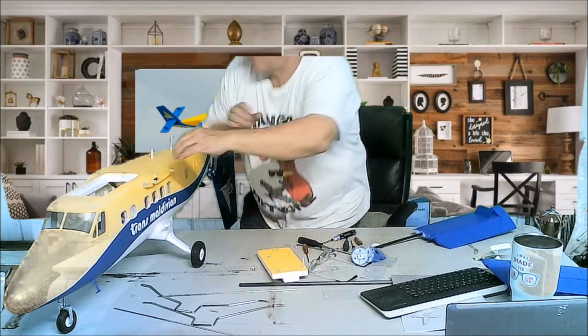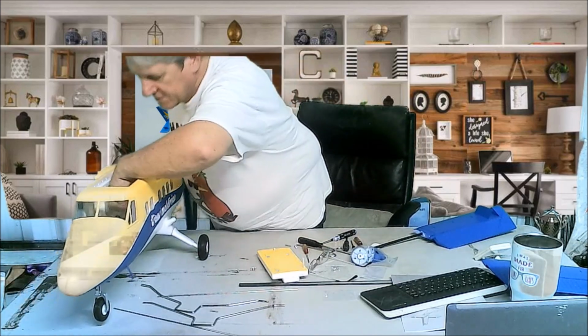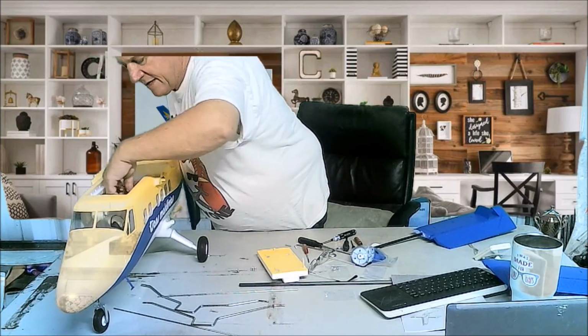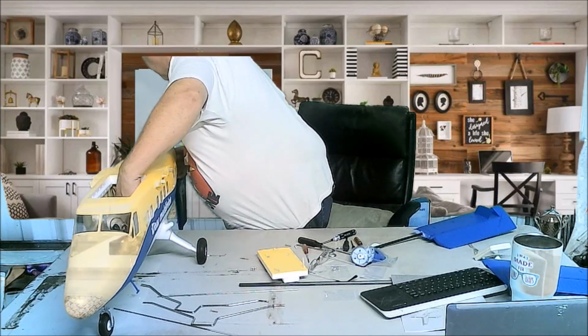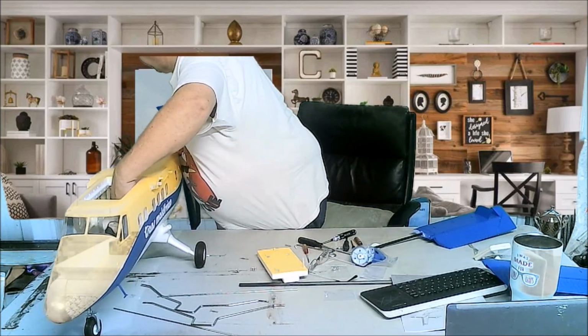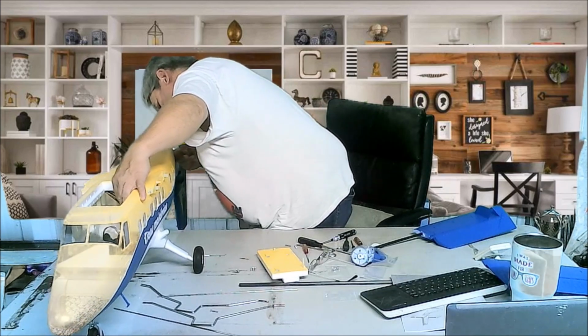Make sure they're locked. Okay, and then I'm going to reach inside the airplane here and just gently tug on these wires to pull them back into the airplane. Take up the slack. That's all I'm doing, is just taking up the slack. Not a big deal. It just makes it easier. If the wires are already up inside the plane, it makes it easier for them to